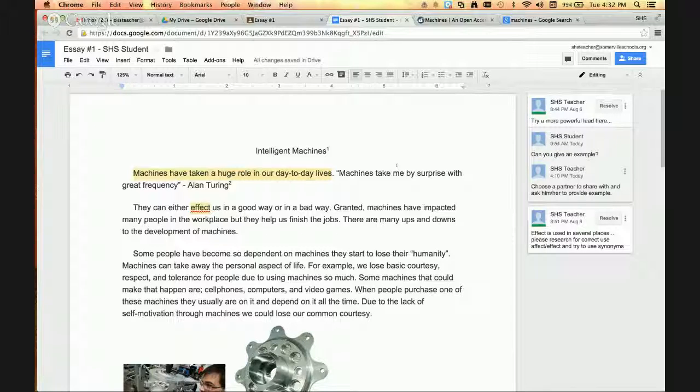Being able to see that growth and to go back and have a collection in one place of all of the writing that you've done, I think is just a really fantastic way of helping students organize, helping students archive